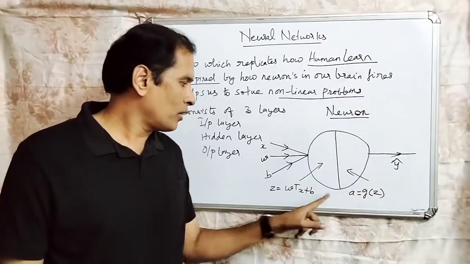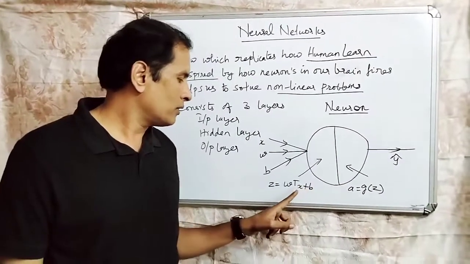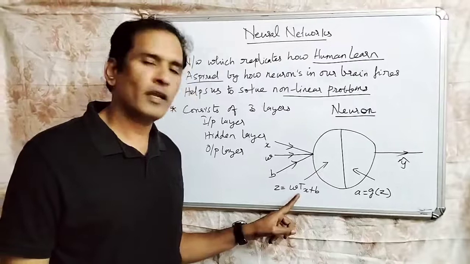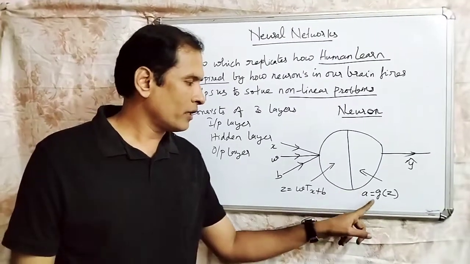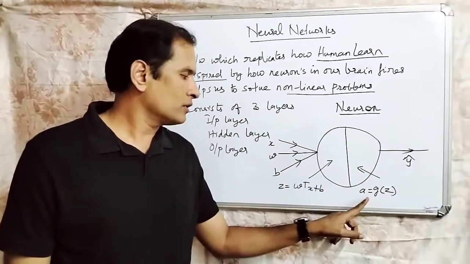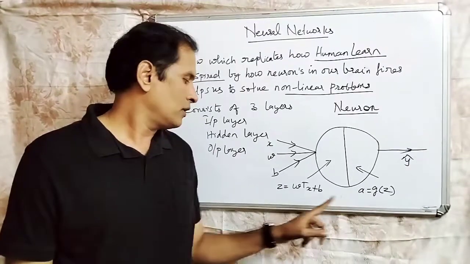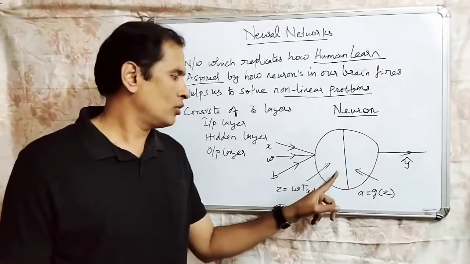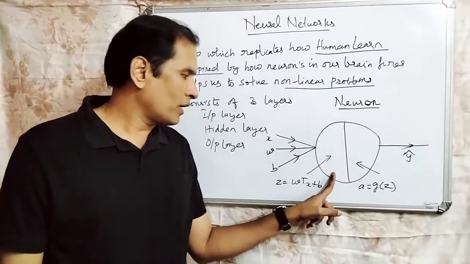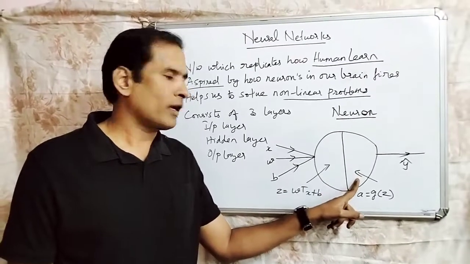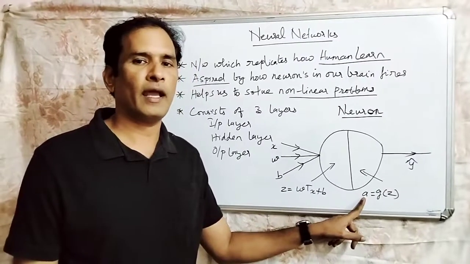Coming to the neuron, it is basically divided into two regions. One is a computation. Here we are evaluating an expression, and here we are going to derive a function. This function we call the activation function. So A is the activation function, and here we are computing an expression. Basically, inside the neuron two operations are happening: one is computing an expression, and the other is applying a function to that equation, which we call an activation function.